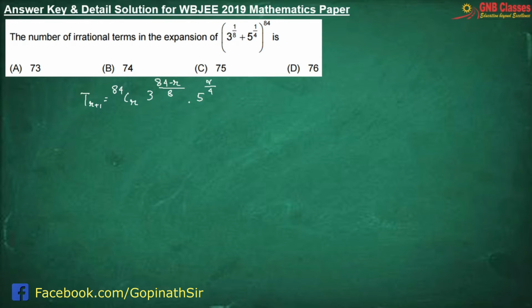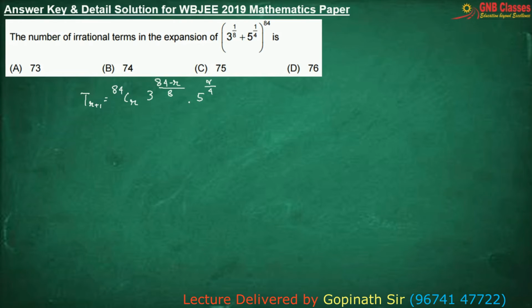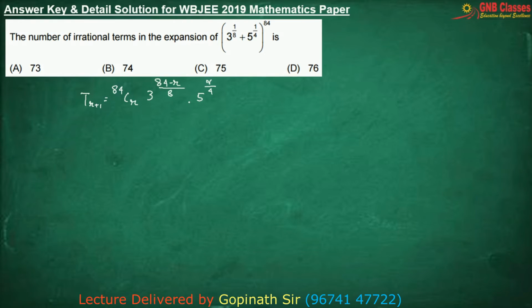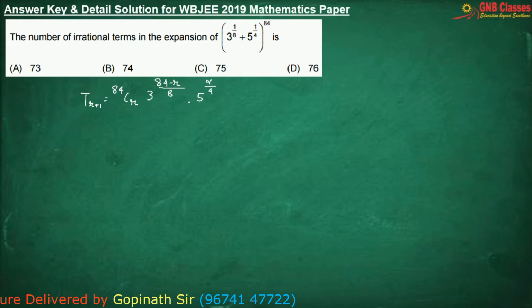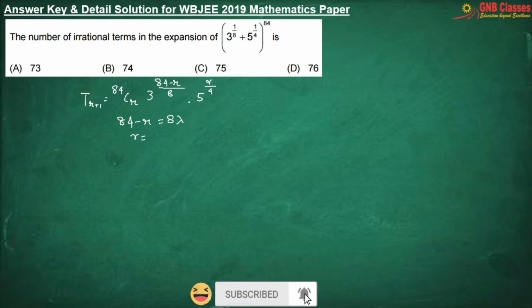Now in this problem, what we will do is find the total number of rational terms in this expansion, and then we will subtract it from the total number of terms to get the number of irrational terms. So to find how many rational terms there are, we must remember that your 84 minus r has to be a multiple of 8 and your r has to be a multiple of 4. Is it clear? Therefore,